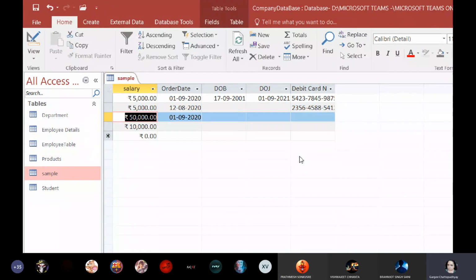Yes. It will be heavily convenient to the user because the user will not have to worry about where to type the dash or how many digits to type, because it will exactly accept 16 digits, not one digit less, not one digit more. Understood that? This is how you can restrict the user to enter the values.